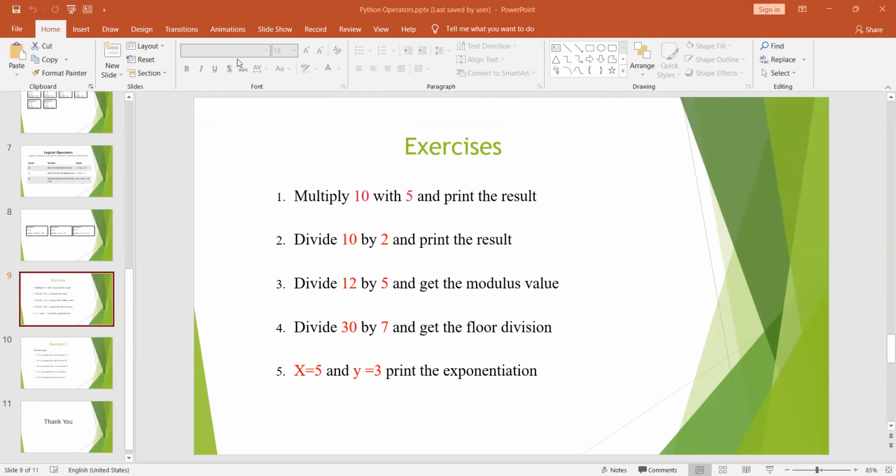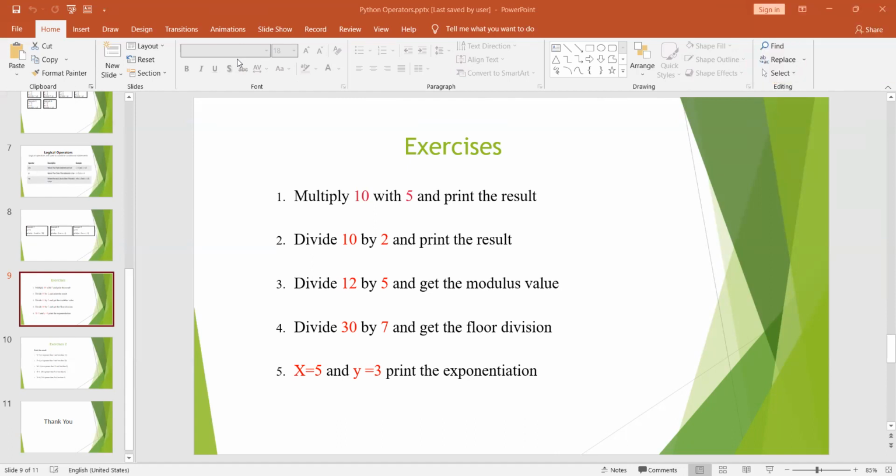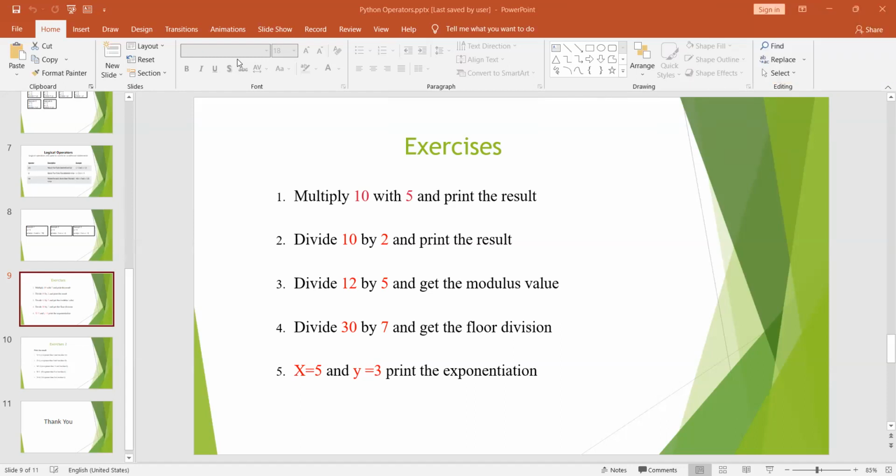Teacher, Setuli, shall I tell the third answer? Just tell me the third one. 5.2. No, I'm not asking the answer, I'm just asking the coding. Okay, teacher. And the answer is also not 2.5. You told 2.5. No, teacher, 5.2.